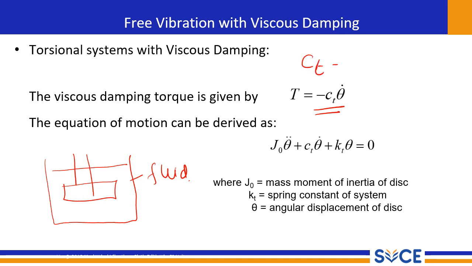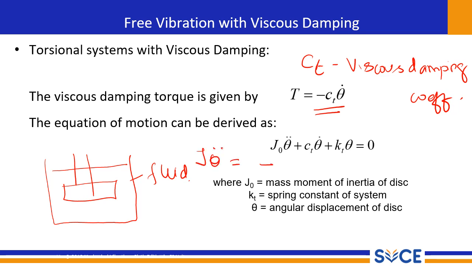C suffix T represents the viscous damping coefficient. The negative sign indicates the damping torque is acting in the opposite direction to the angular velocity. Now we can put together all the opposing forces. Then what will happen? We will get the applied torque J theta double dot equal to